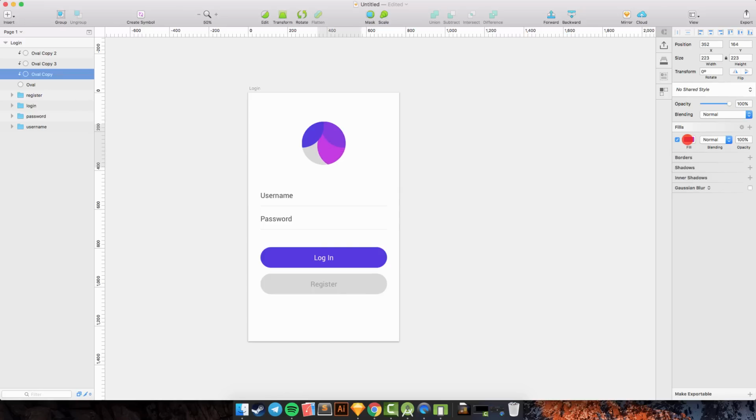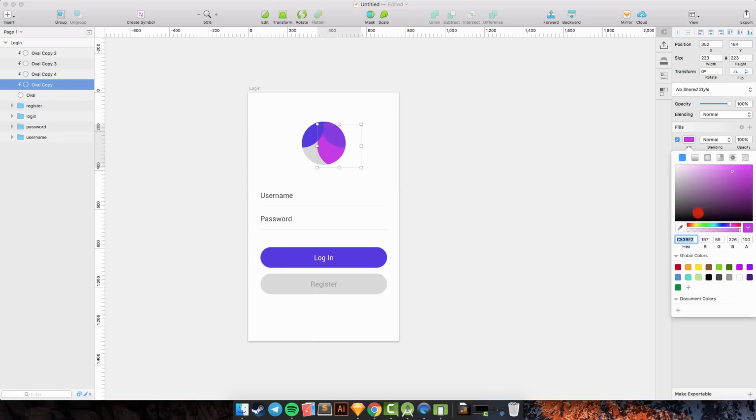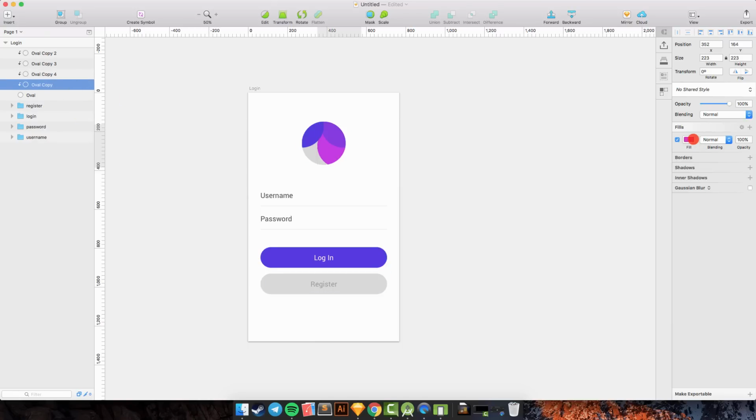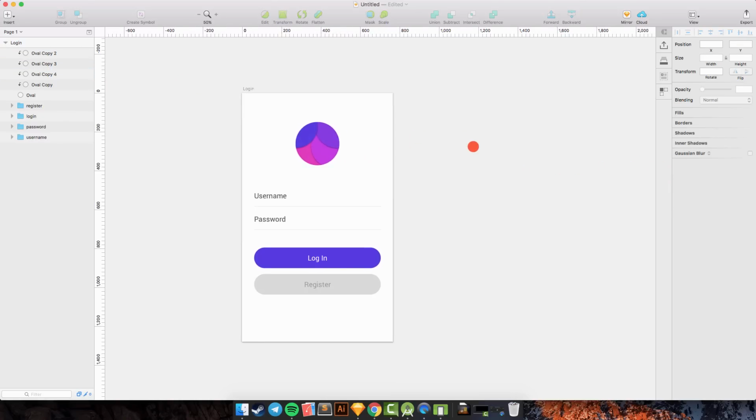Okay, and duplicate again and select another color like this. It's pretty simple. And go to shadow, and we can copy style and select all of them and paste style. Sorry, we need shadow like this, and shadow and shadow like this. It's simple. Okay,